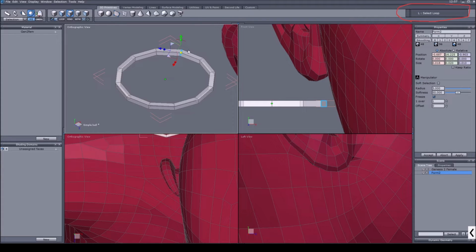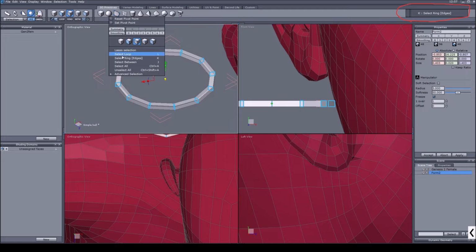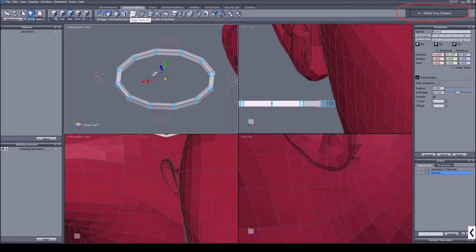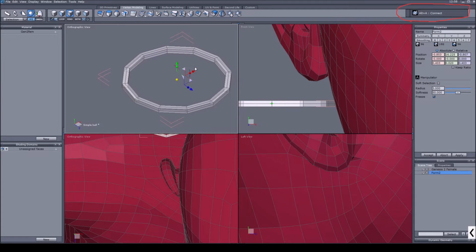Now I'm pressing K, which is the select ring edges function. This is a standard bind. This is not me. This is a standard bind. And next we're going to vertex modeling, and we're using the connect tool, which I have bound to Alt and A. And what it does is it segments our